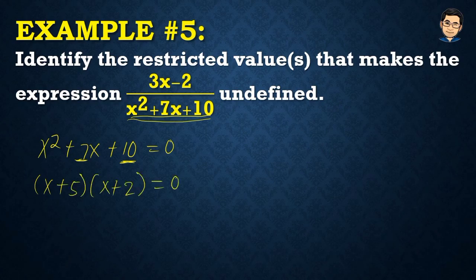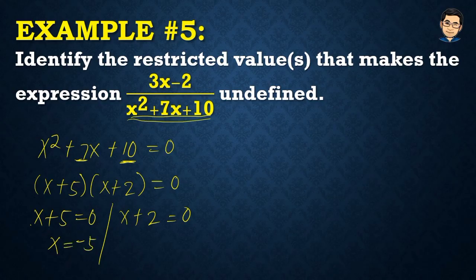So if we equate each term to 0, that will become x plus 5 is equal to 0. x plus 2 is equal to 0. So x plus 5 is equal to 0. That is x is equal to negative 5. x plus 2 equals 0. That is x is equal to negative 2. So, to check,